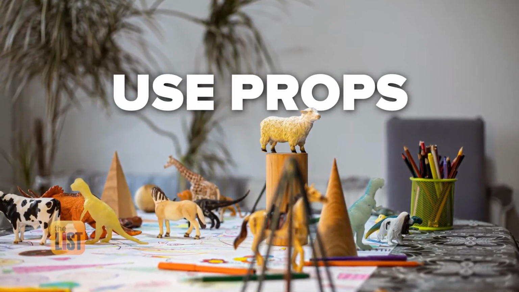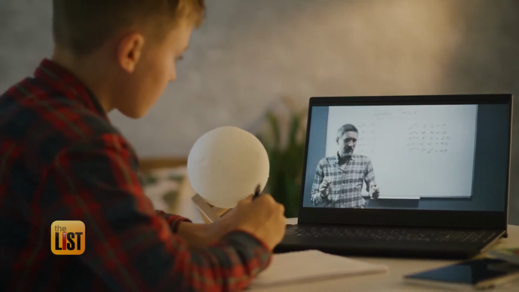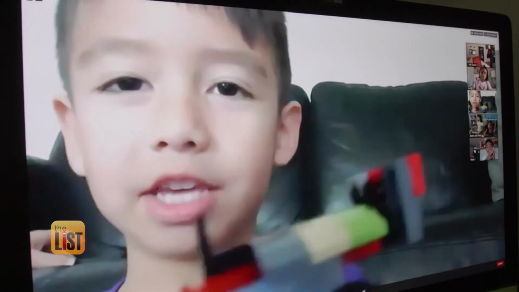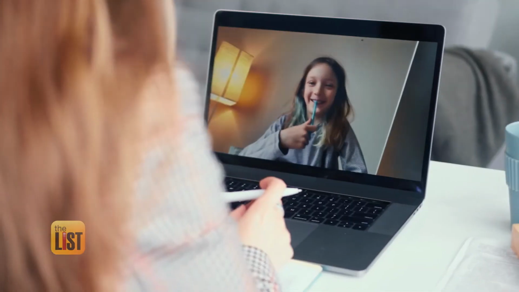And finally, use props. Lecture style teaching is very good for older students. Lecture style doesn't really work that good for smaller students. If you're teaching little students, if you're teaching about cats and dogs, I can show you I have a dog, I have a cat. You want to kind of be